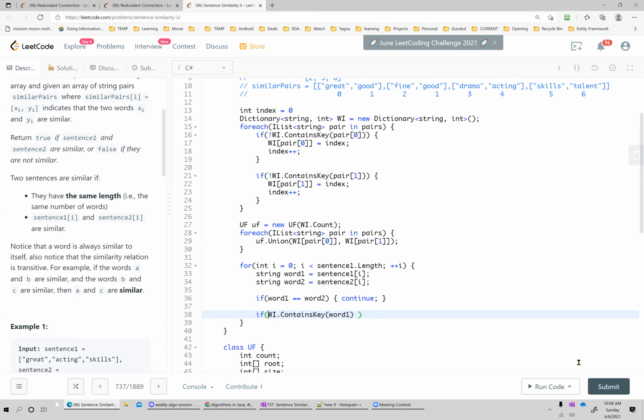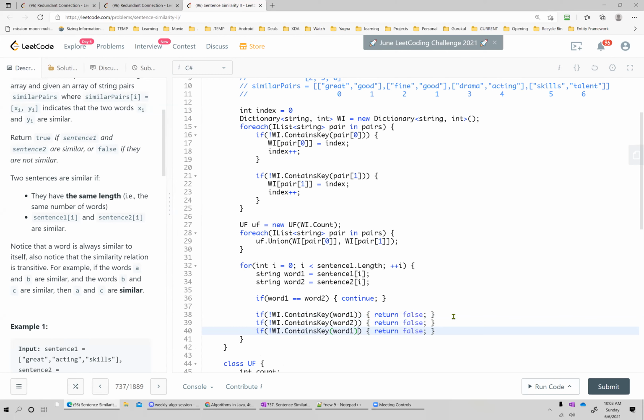If word one is not in the dictionary, I want to return false. Both need to be checked here, right? If one is not there, can I return false? Yeah, because we have already checked. If anything is absent, then we can return false. So if word two is not there, I will return false, right?